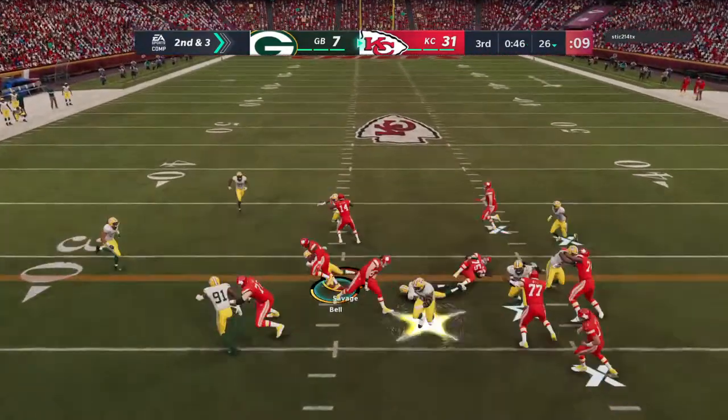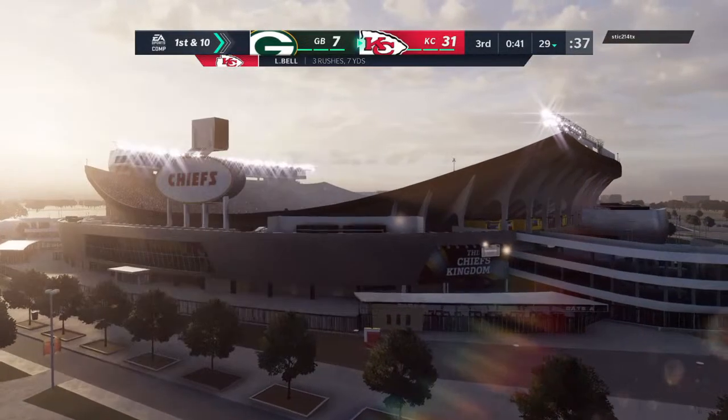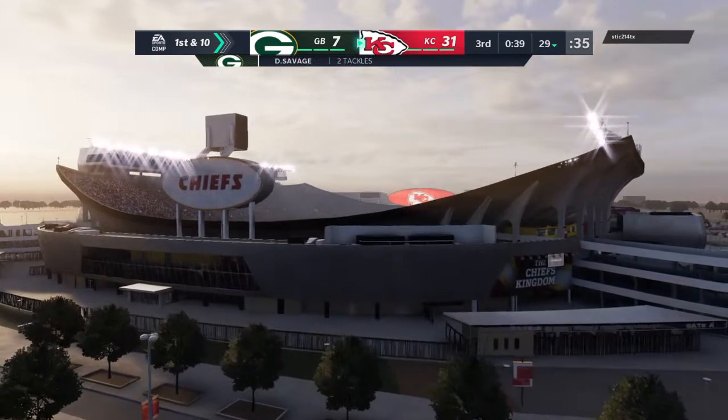Back to the ground, this time with Bell. And he'll get to the 29-yard line, brought down there. 4 yards the pickup, first down. Well, you certainly have to give